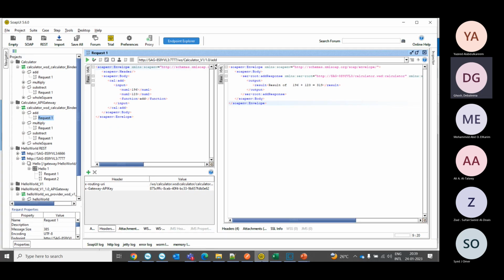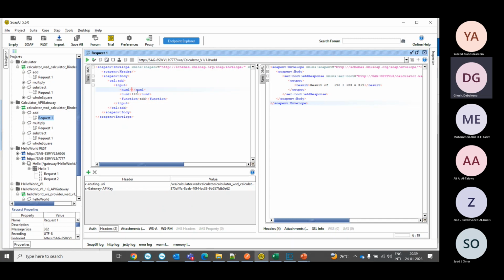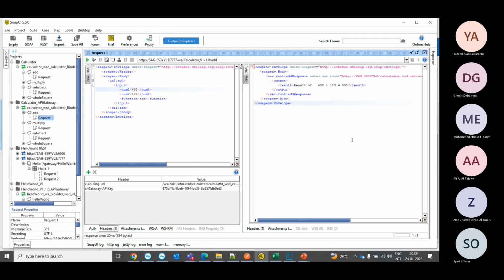Let's test this one first. Let me change some value here. Now I'm getting a good response, so it is able to route the request to the proper endpoint. If I remove this parameter, the API gateway will not be able to find this header element. And